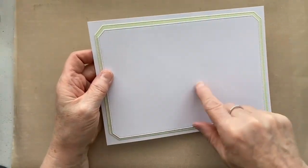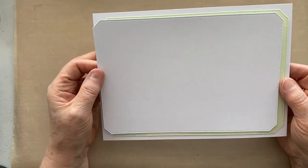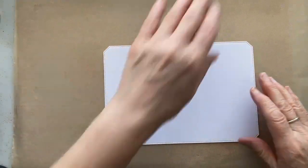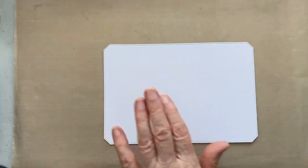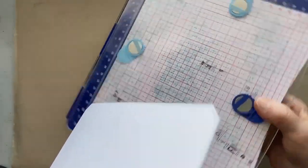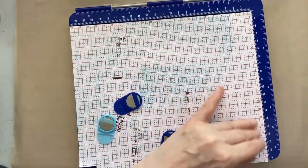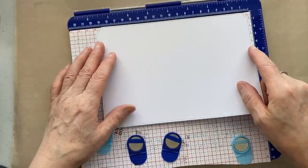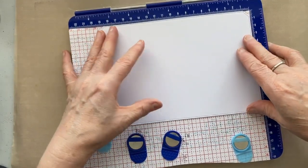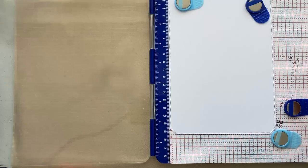And of course you could cut this one out of decorative paper. You could emboss it if you want to, but we're actually going to use the new frame maker stamps from last month, and we have got a kind of cut off edge, so it's not a straight edge, so a little bit of a challenge with the corners, but yeah, we're going to give it a go and see what it looks like. So we're going to just seat this into the corner like so, and as always I'm going to start working on the bottom,